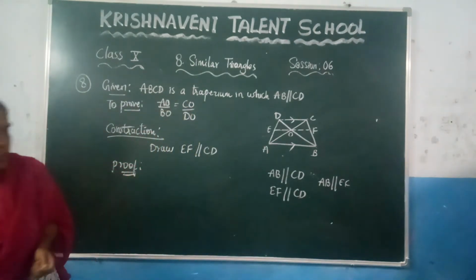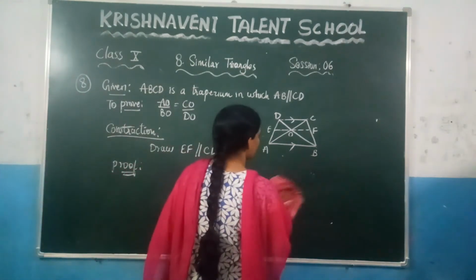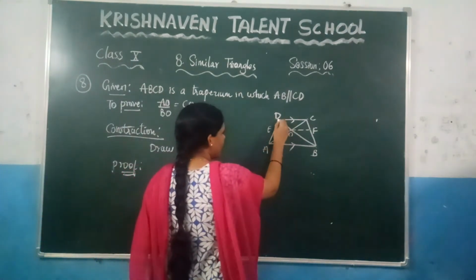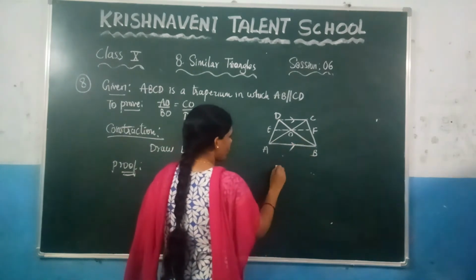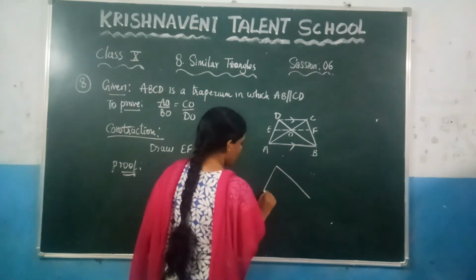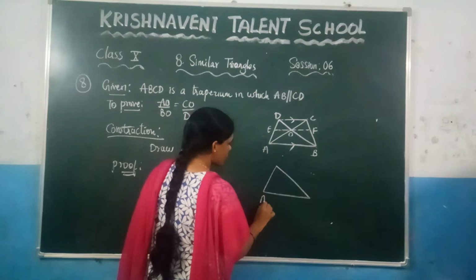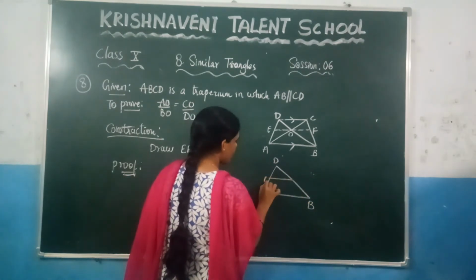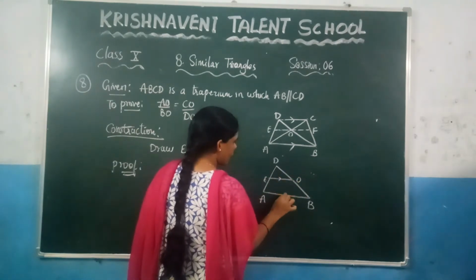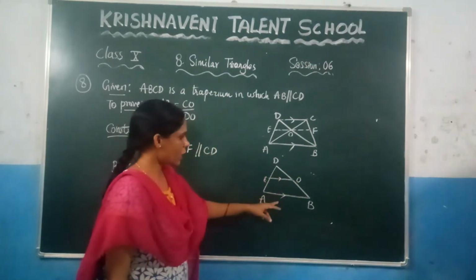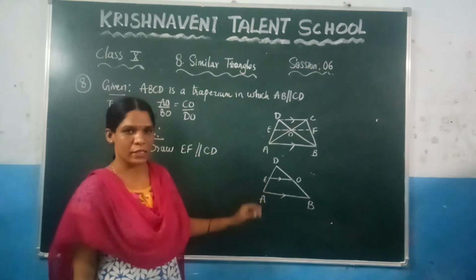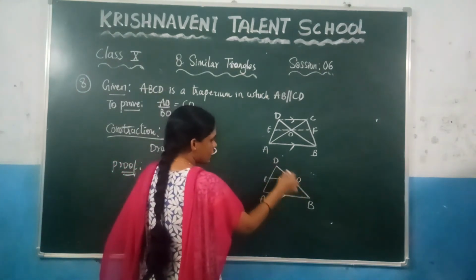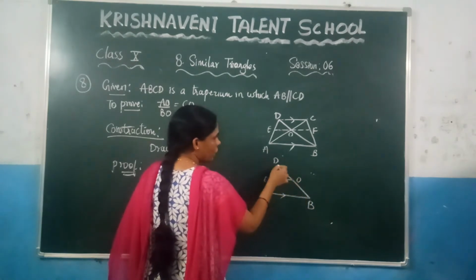And now you got EF is parallel to AB. And if you consider this triangle, so I am drawing it separately again. If you consider this triangle, which is A, B, D, and here you have EO. And you know that this line and this line are parallel. If these two lines are parallel, you can apply the basic proportionality theorem and you can write AE by ED is equal to BO by OD, right?